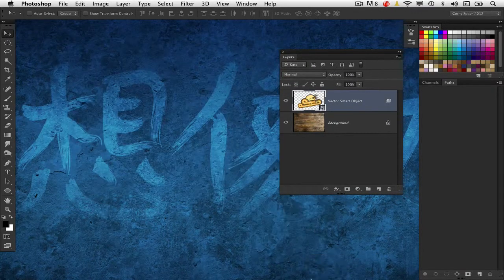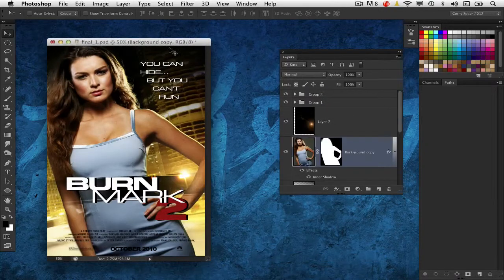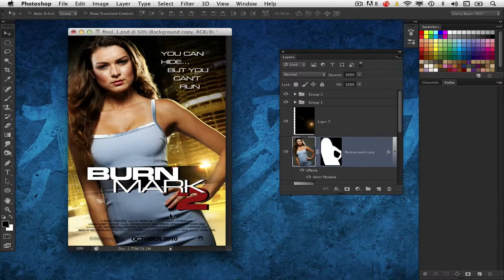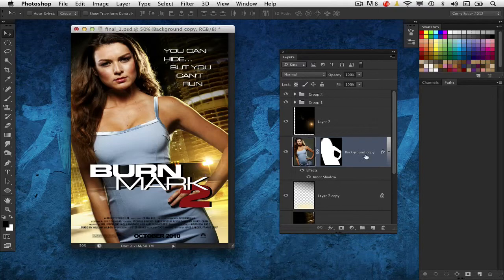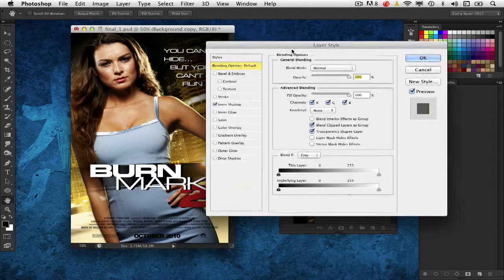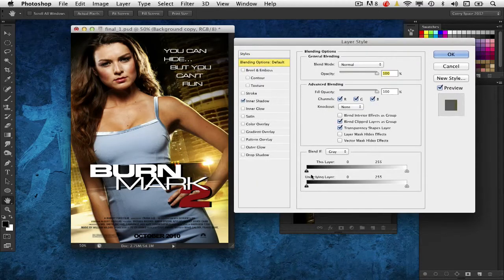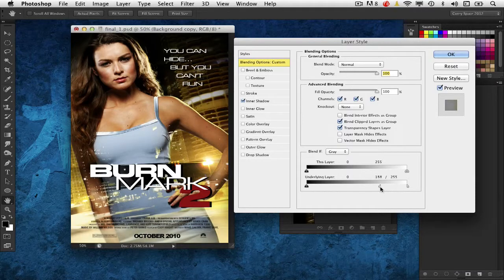Let me just show you one more example in the context of a design, perhaps like another movie poster design. This one I put together, and it's actually looking really good. I like the effect that's going on here, but I want to blend her with the overall environment a little bit more. So I'm going to go into that blending options window and just play around. I'm going to take the underlying light slider and move it forward, and notice it's going to bring those lighter elements forward and blend her in a rather stylish way. It's ignoring the darker areas and just bringing those lighter areas forward.